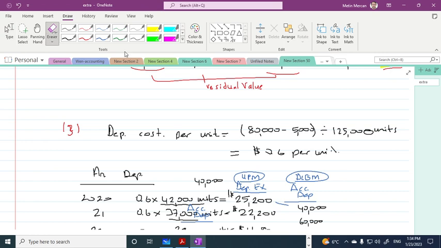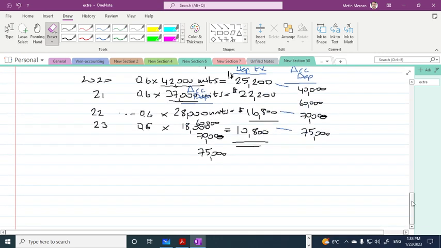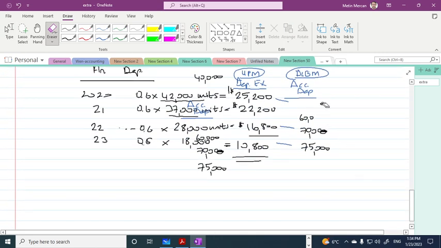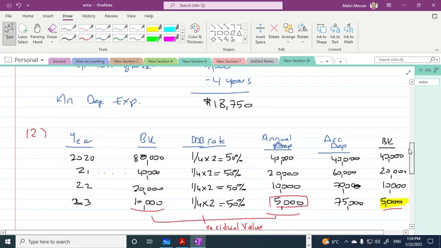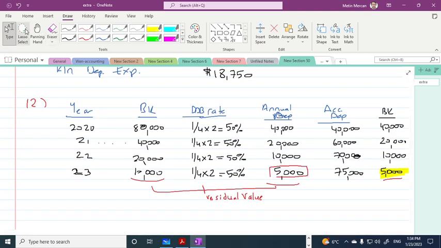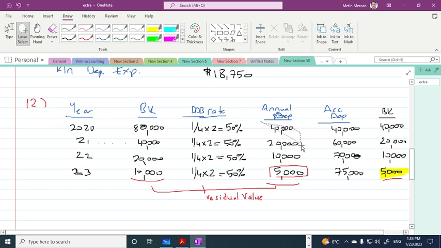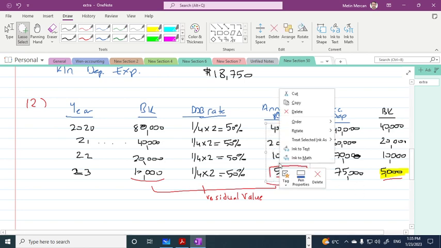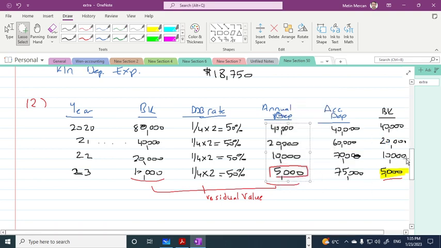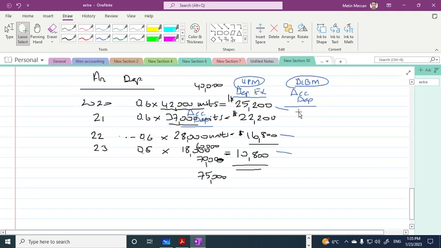Okay, I think it didn't get the same. Sorry about this. I copied, but this is not the same. Let me copy it again. So I had this one. Right, this is